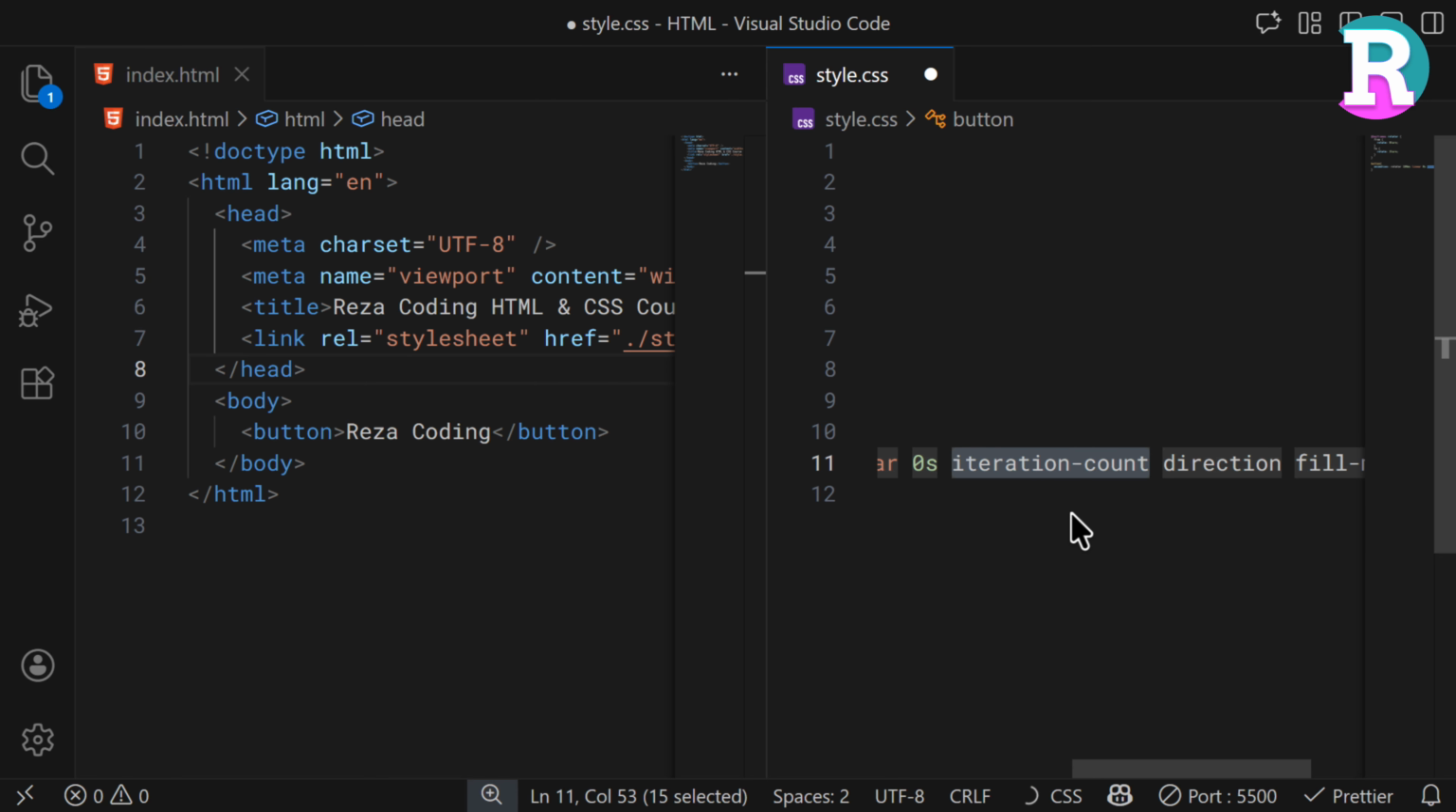jumps to the iteration count. So how many times you want the animation to run? 1 time, 2 times, 3 times. I'm gonna say 1. Then we have this direction that we have values like normal, reverse, alternate, or alternate reverse for them. I'm gonna say normal for now, but we're going to inspect the other values for this in the